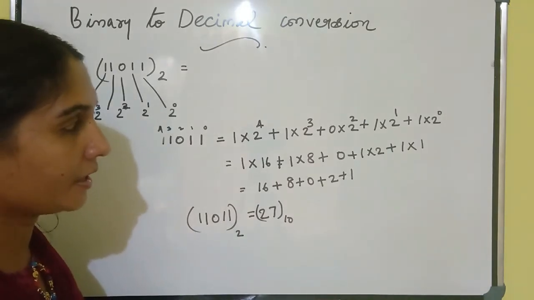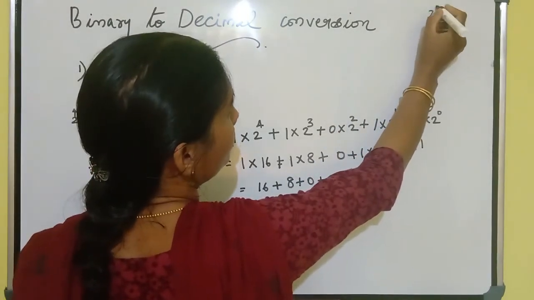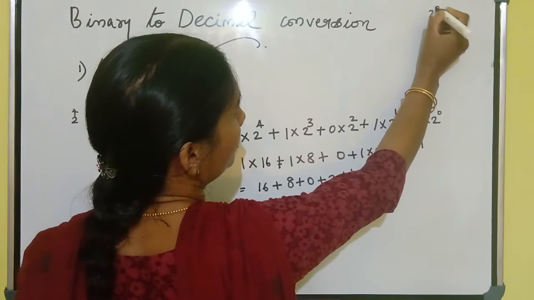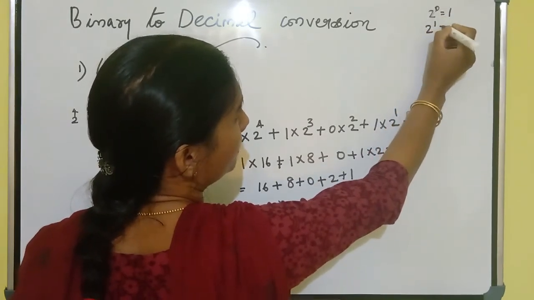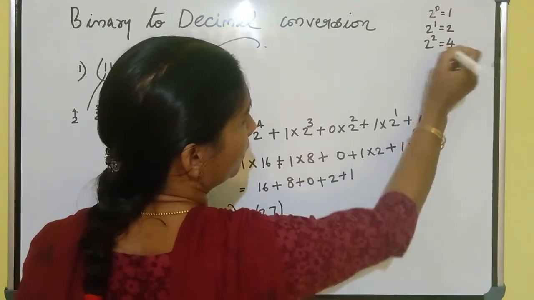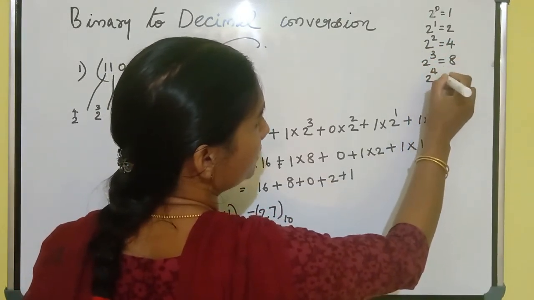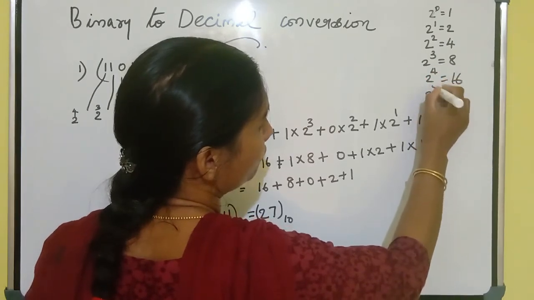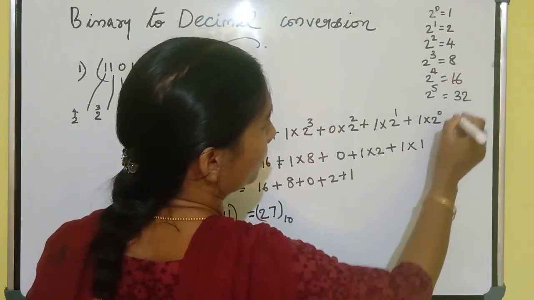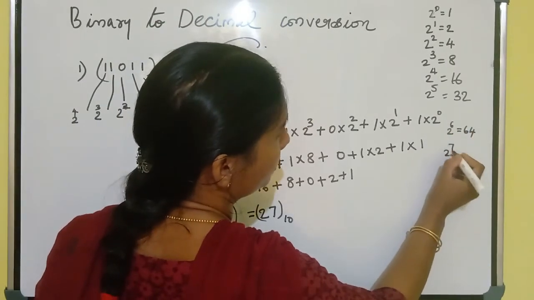One more thing I will give for help, a table of powers of 2. 2 raised to 0 is equal to 1. 2 raised to 1 is equal to 2. 2 raised to 2 is equal to 4. 2 raised to 3 is equal to 8. 2 raised to 4 is equal to 16. 2 raised to 5 is equal to 32. 2 raised to 6 is equal to 64. 2 raised to 7 is equal to